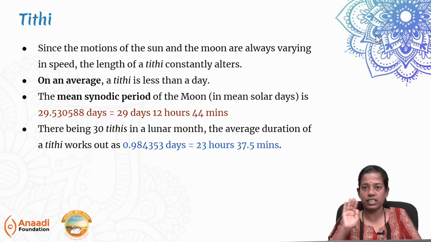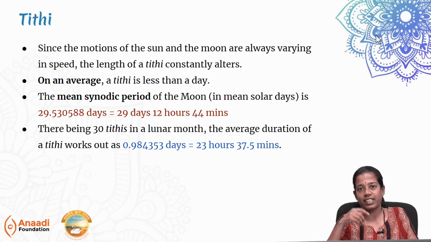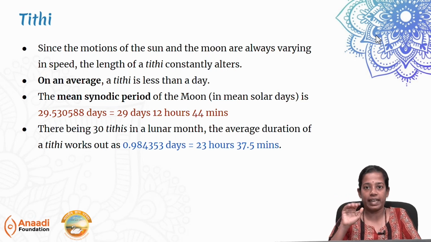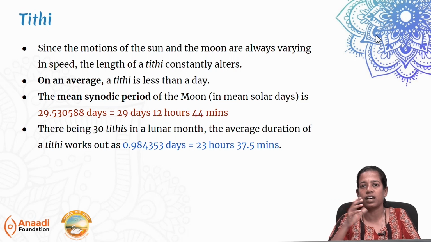So, this is what Tithi is, this is how we calculate, we have understood. Let us try to understand some interesting facts with respect to Tithi. See, the average duration of a Tithi is not so uniform like we think, and it will definitely be less than a day. Why so? Now only we saw each Tithi will correspond to a lunar day, 30 days will come, there will be 30 Tithis, we divided it into 2 Pakshas, Krishna and Shukla. Now what is this new confusion of each Tithi being less than a day? Why does that happen? Let us try to understand.